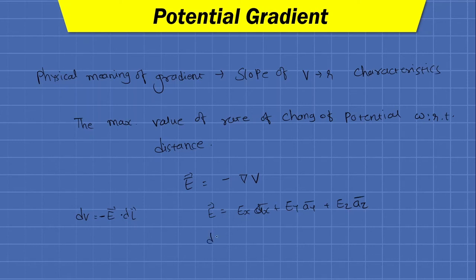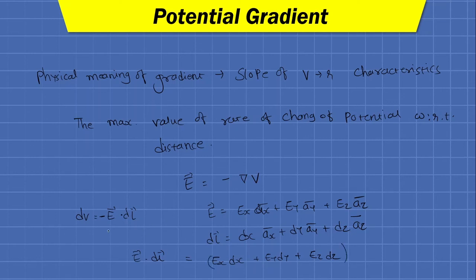Fine. dl bar for Cartesian coordinate system we can say dx into ax bar plus dy into ay bar plus dz into az bar. Fine. If you take the dot product, then it will be Ex dx plus Ey dy plus Ez dz. Okay,